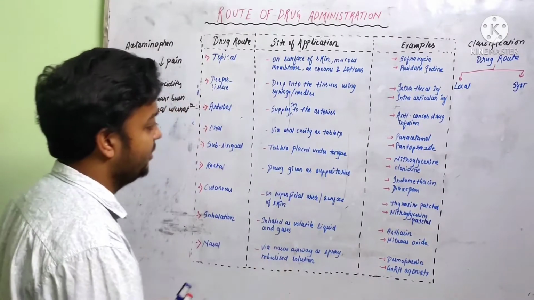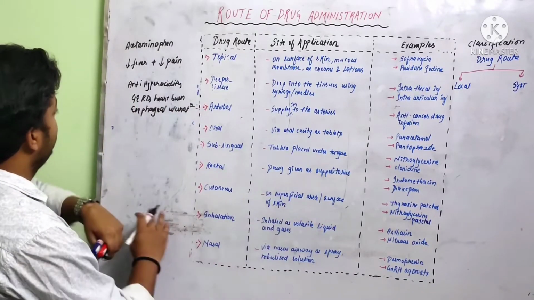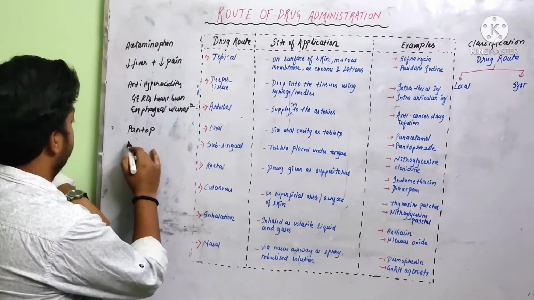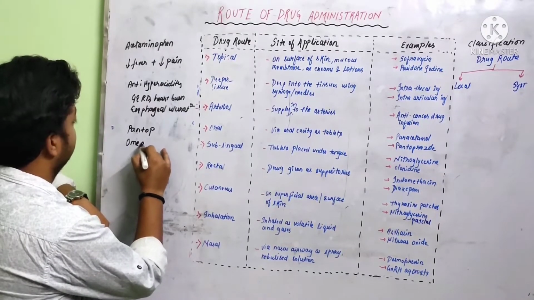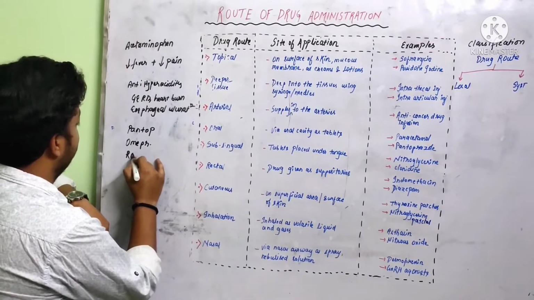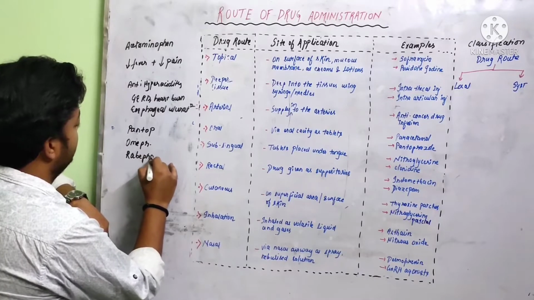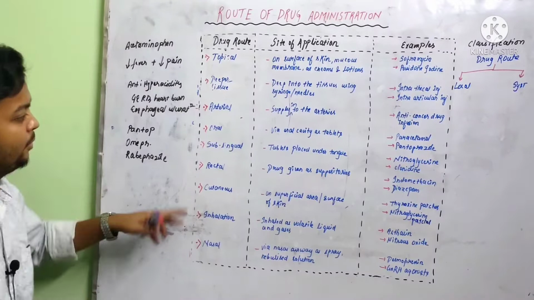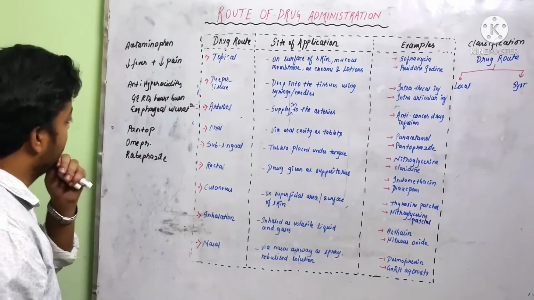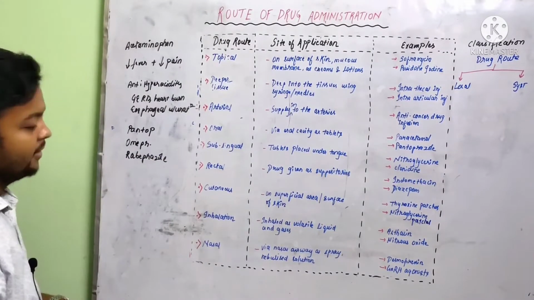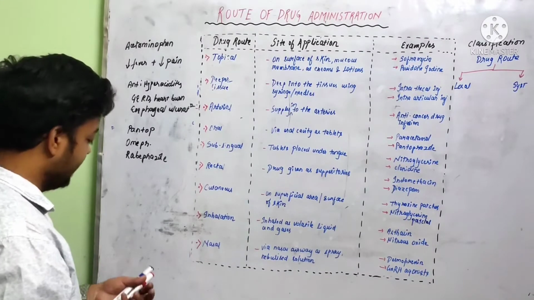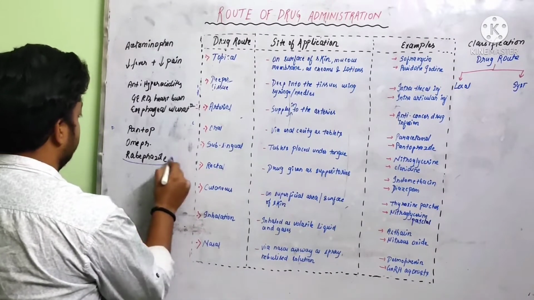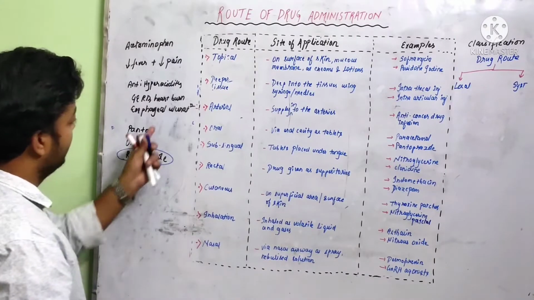Okay, now one more thing here. Commonly you will see that there are 3 drugs: pantoprazole, then we have omeprazole, and we have rabeprazole. Can you tell, out of the following proton pump inhibitors, that is the anti-hyperacidity drugs, which is the best drug? The best drug is rabeprazole. This is the most effective out of the 3.